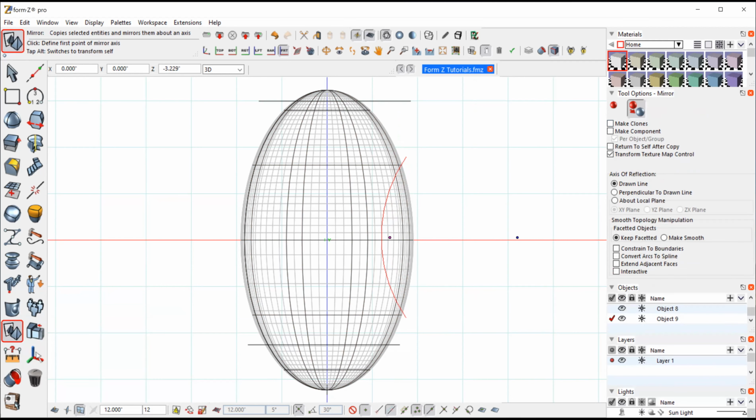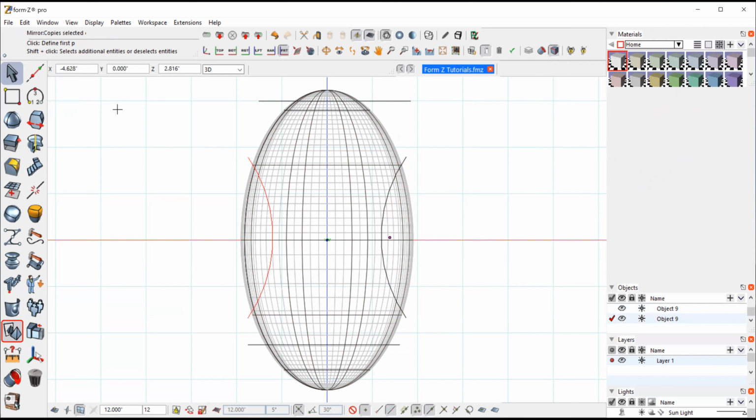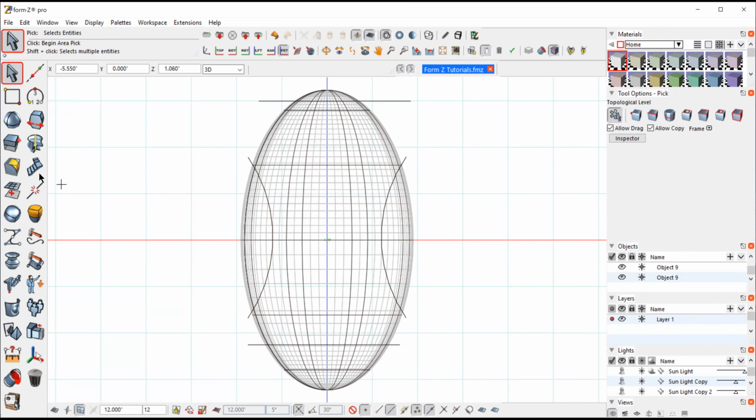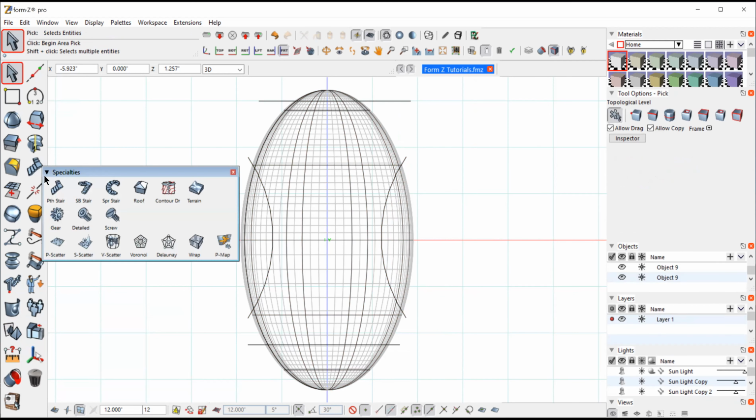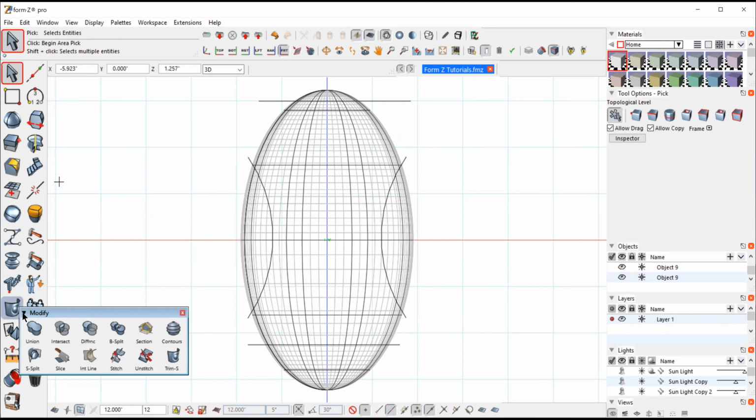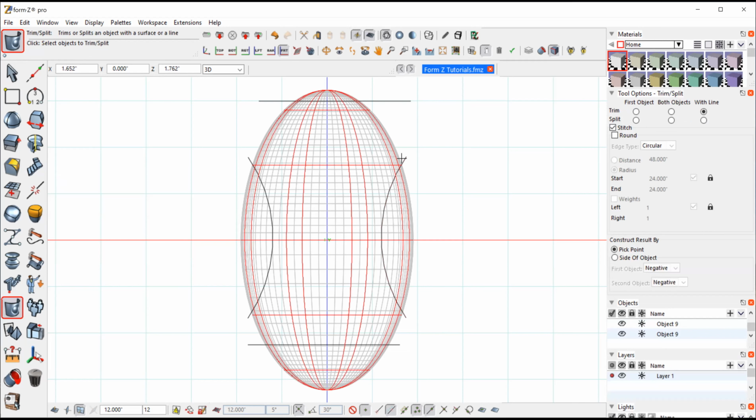If I click to the bottom of my spherical shape, it'll snap to the bottom. And if I mirror this over and it goes straight up, I have it on both sides. So I'm going to take these lines and cut through this shape with our trim split tool that I showed earlier. I'm going to grab the shape, trim one side, grab the shape again, trim the other,